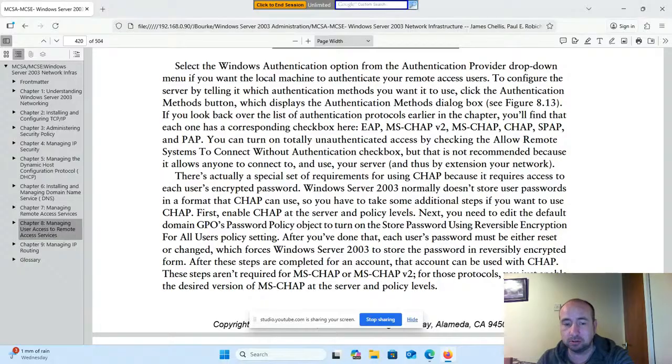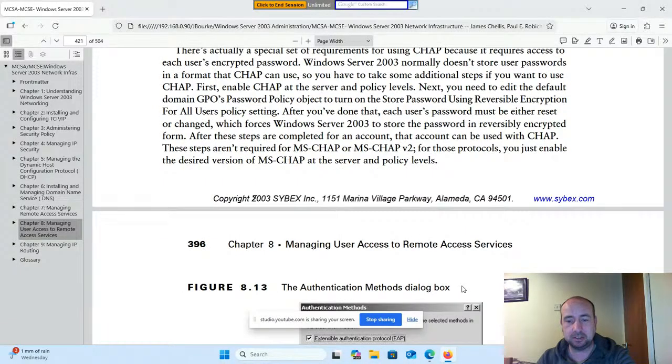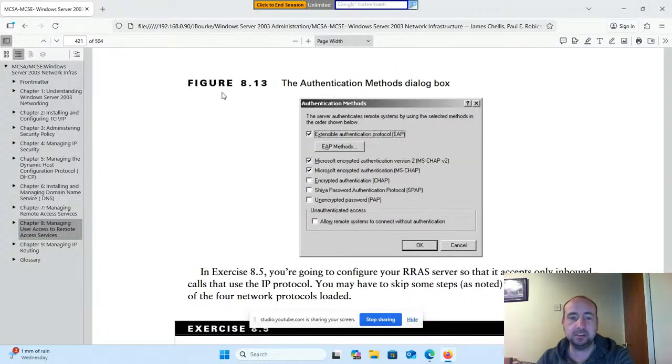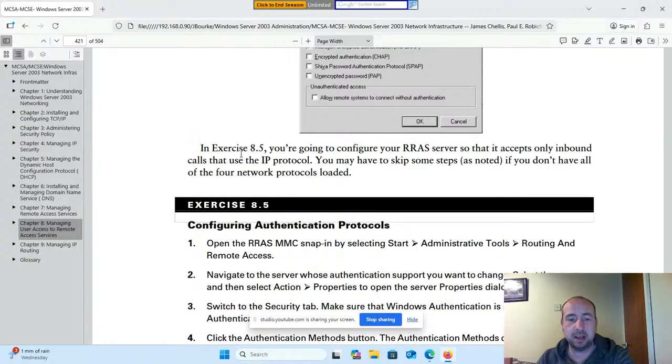For these protocols, you just enable the desired version of MS-CHAP at the server and policy levels. You can see here Figure 8.13, the Authentication Methods dialog box. In Exercise 8.5, you're going to configure your RRAS server so that it accepts only inbound calls that use the IP protocol. You may have to skip some steps as noted if you don't have all of the four network